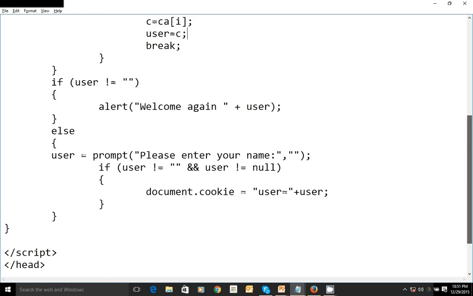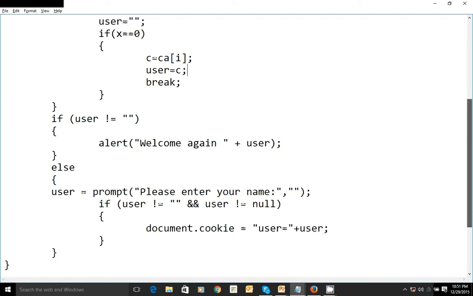The first time the user opens this particular program in a browser, it asks the end user to enter his name. When you refresh or revisit again, it says welcome back again. The first time he enters, there is no cookie with the name user.